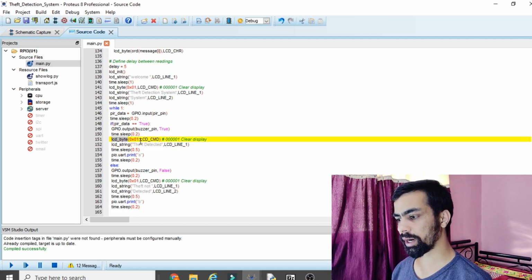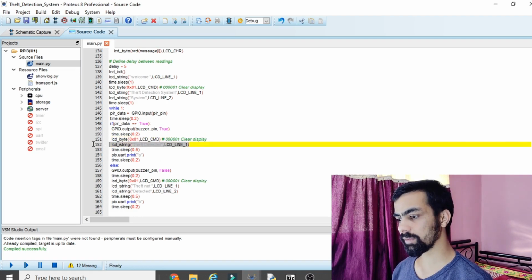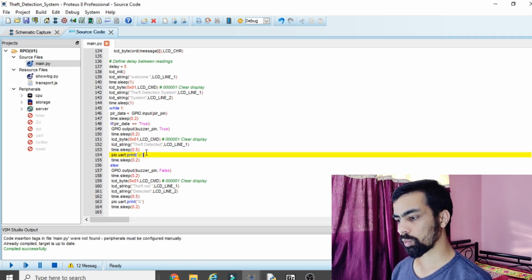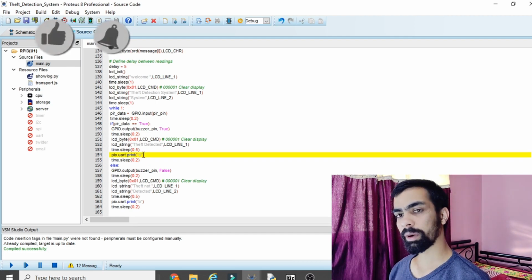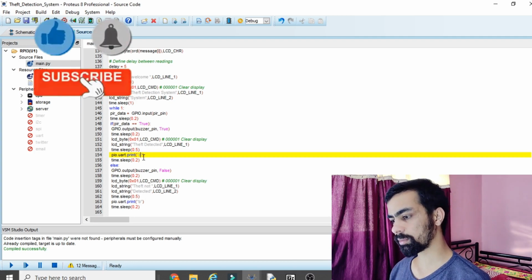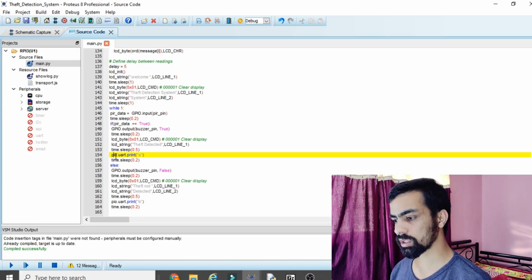Before that there is LCD byte 01 LCD command. It is used to clean the LCD, then print the message, then some delay, then PIR.UART print A. So once the PIR sensor detects any input, then we have to send the A signal to the Python program, so that once the Python program detects the A signal, it will capture the image. So to send the A signal from the UART communication, we will use this line PIR.UART print and then pass